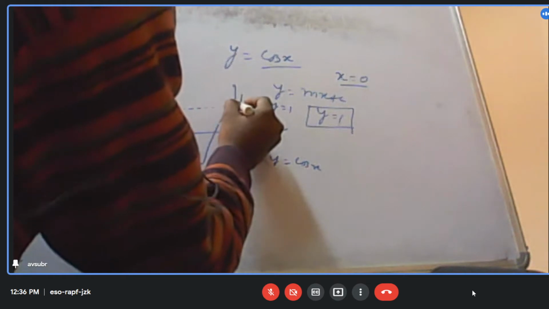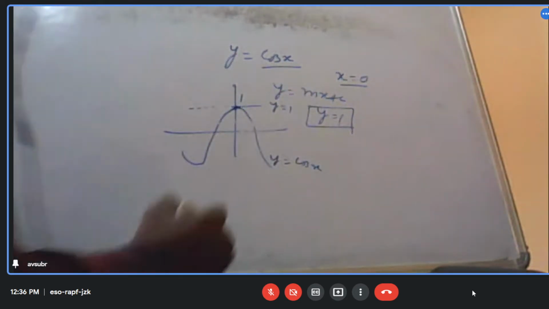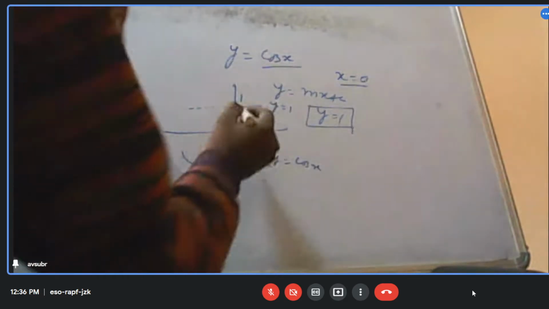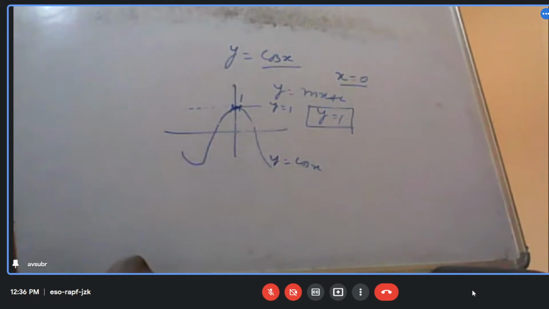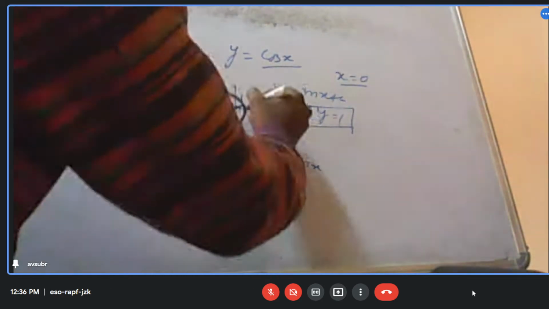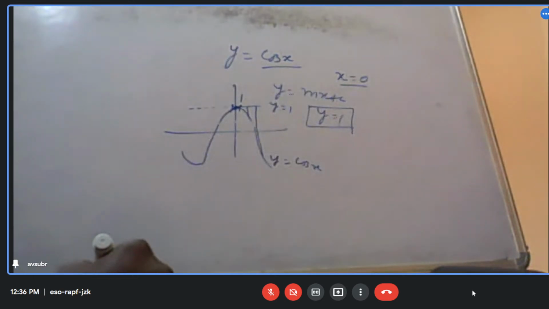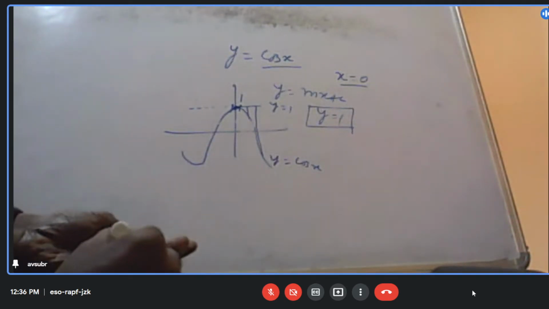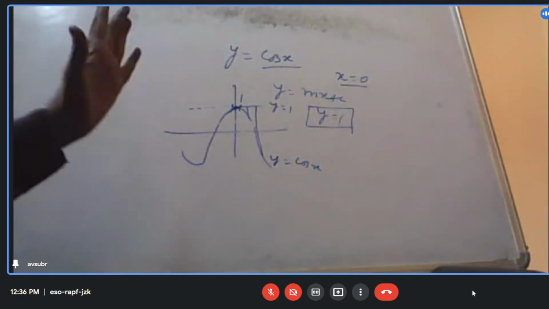This y equal to 1 curve is tracing the cos x curve only in this very narrow region. But at higher values of x, that means if we go away from x equal to 0, our values